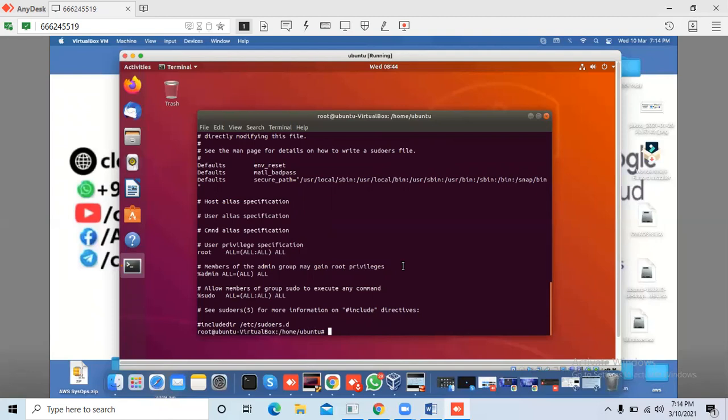So in this file, we need to put an entry for the normal user. You can also use the command usermod -G, with the username and the group name. We will see in the next session how to add a user into a group.